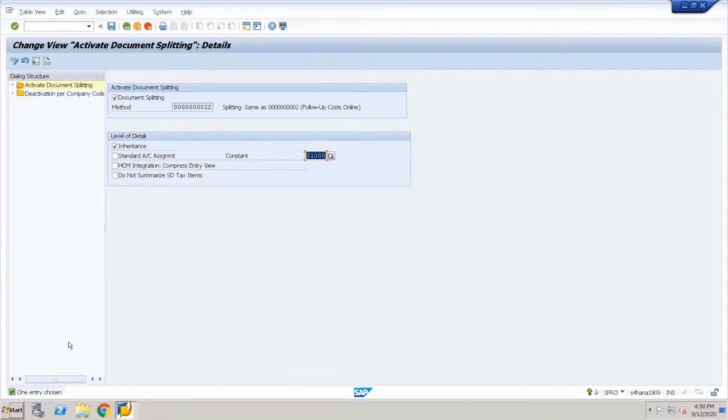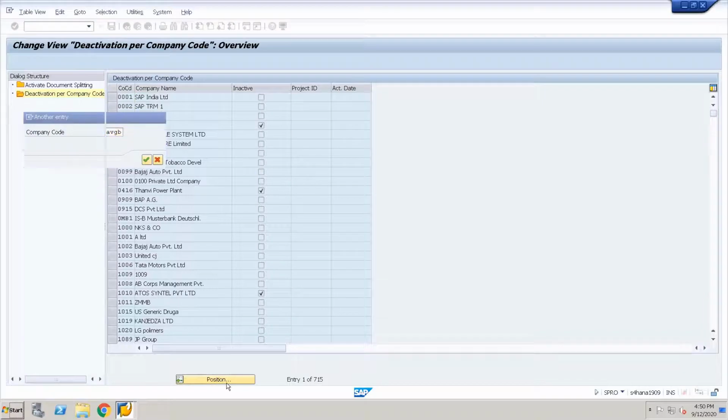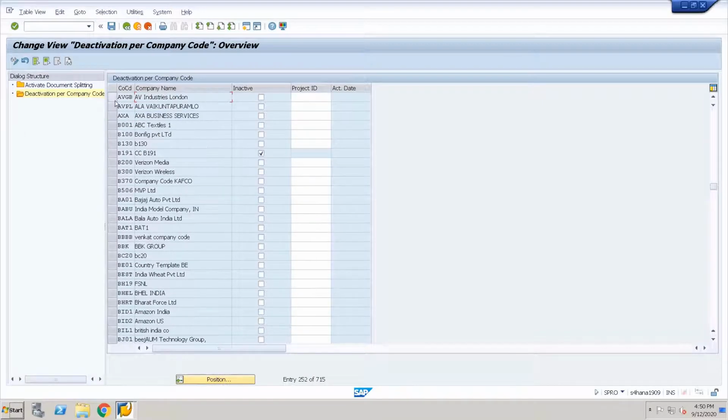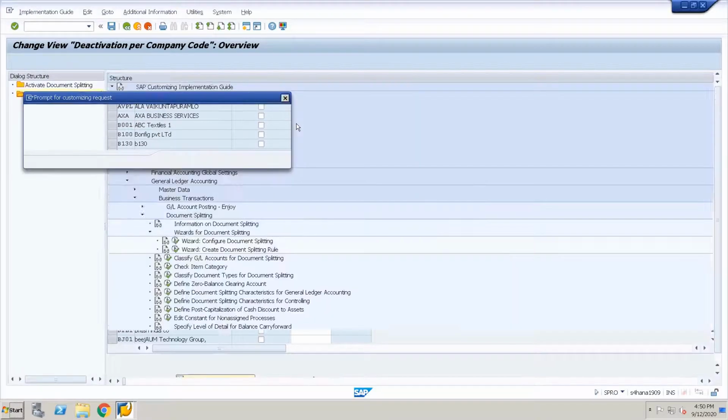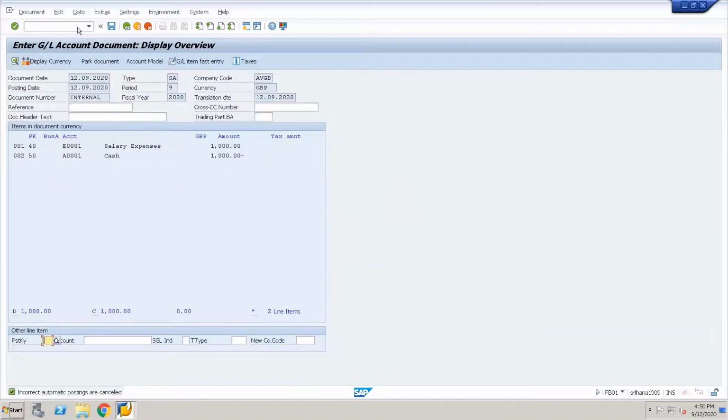Document splitting is enabled at client level, but we can disable the document splitting for each individual company code. So 0012 is the standard document splitting type that is created by SAP. So for my company code, I am changing it to inactive and save it. Done. So now let me try to post it.